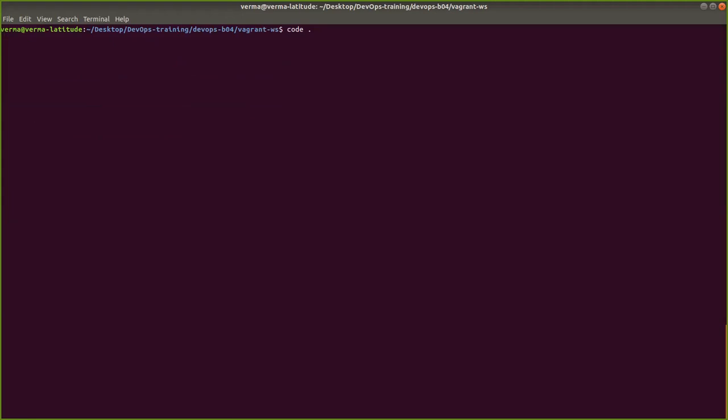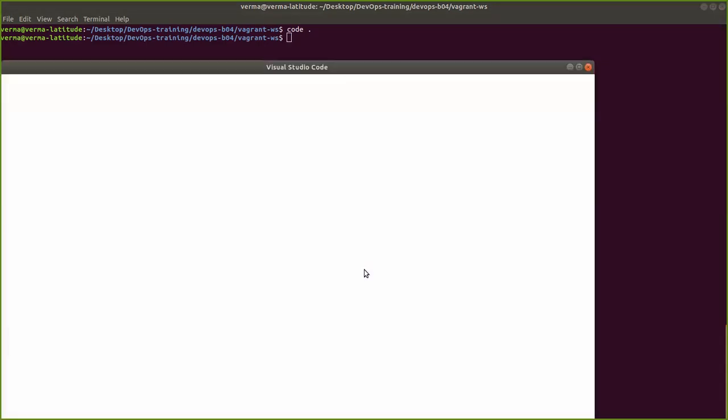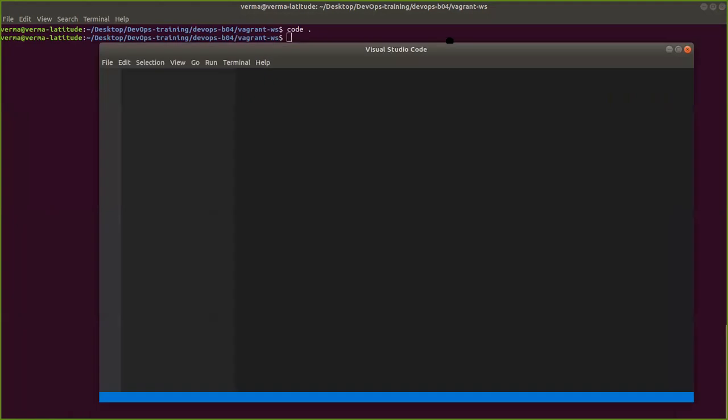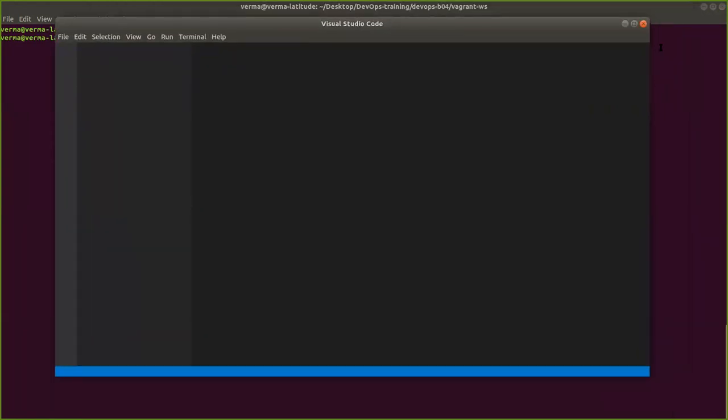It will take a minute to open. Now it is going to open the VS Code tool. Yeah, automatically. I have not clicked anywhere, I'm just executing, and you're able to see that file will be present there.